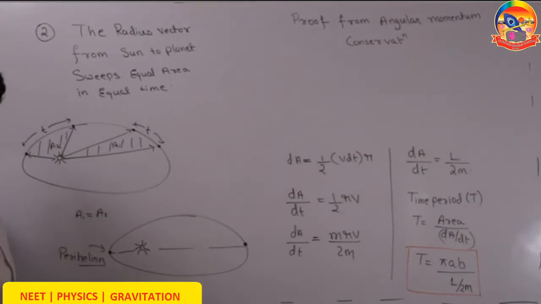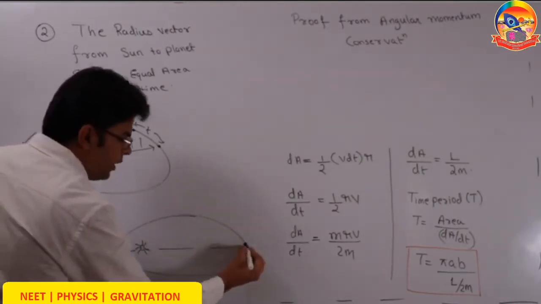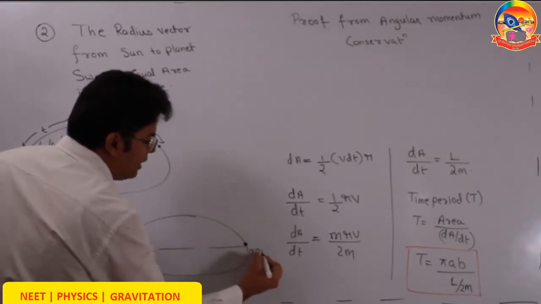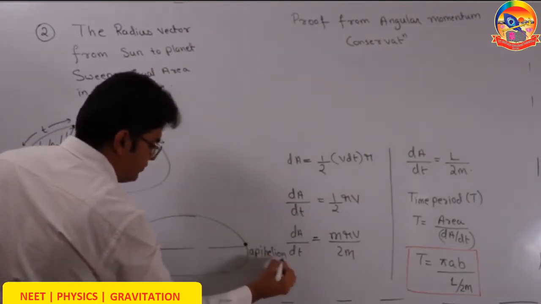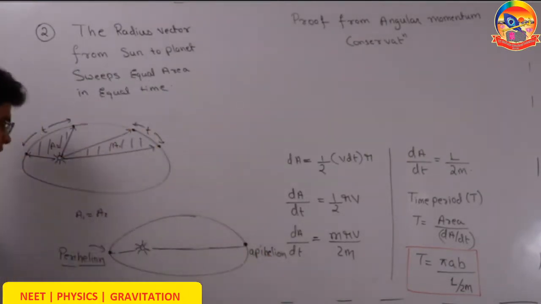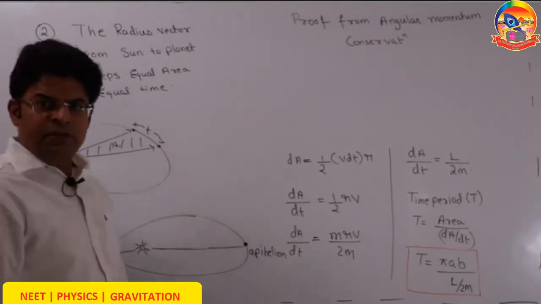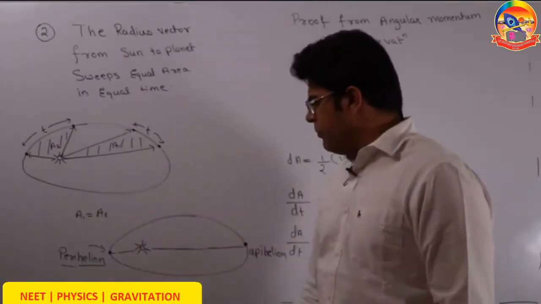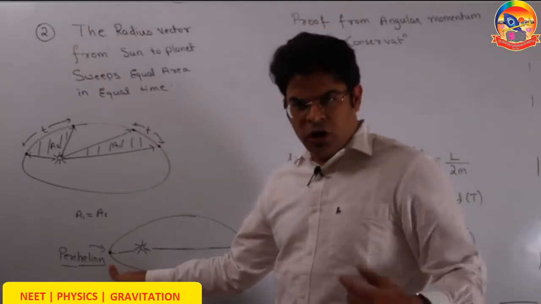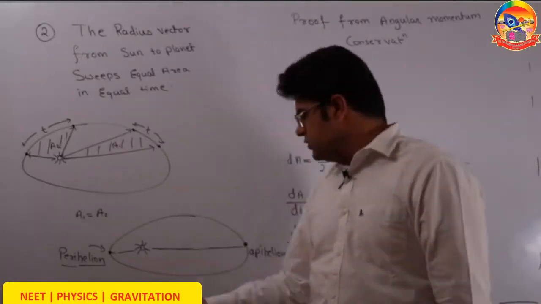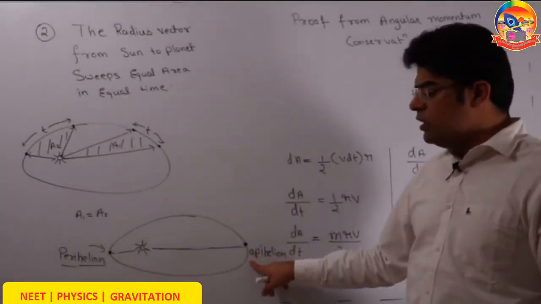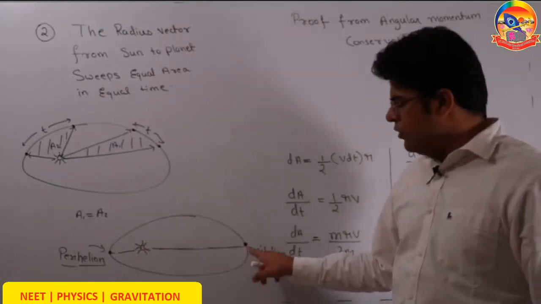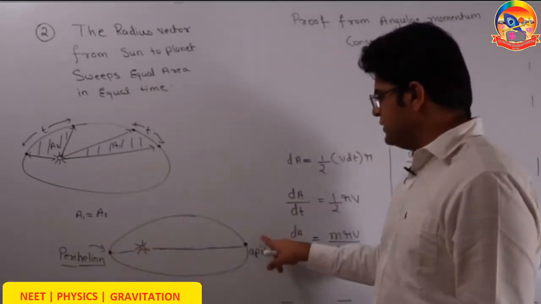Helion comes from Helios for sun. Peri means close. This point, the farthest point, is called aphelion. For the people who know Hindi, they can remember "pass wala P se", or the people who talk in English can remember the one away starts with A. Okay, so this is perihelion, this is aphelion.